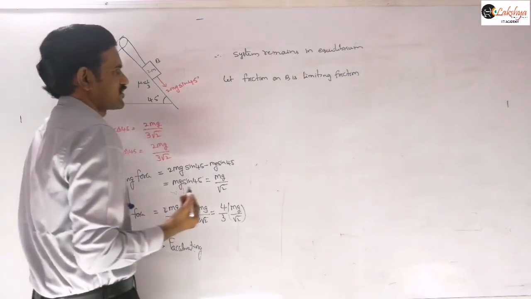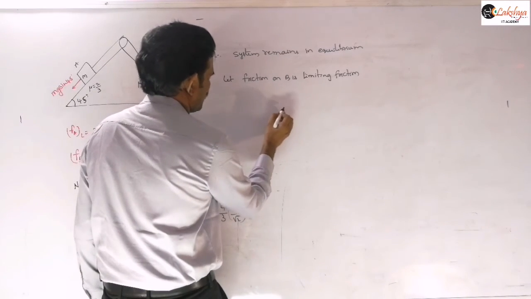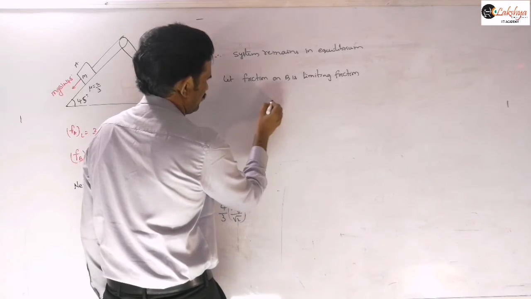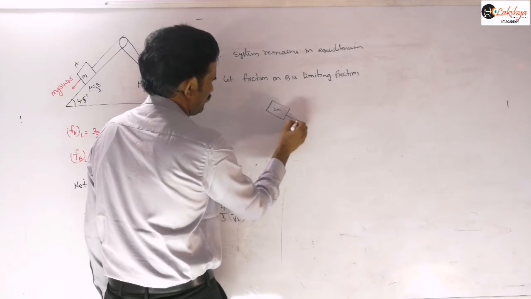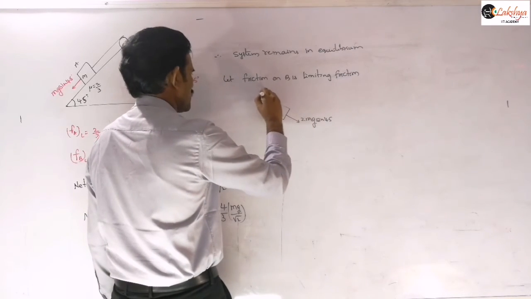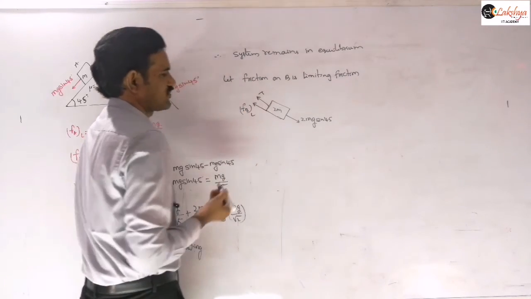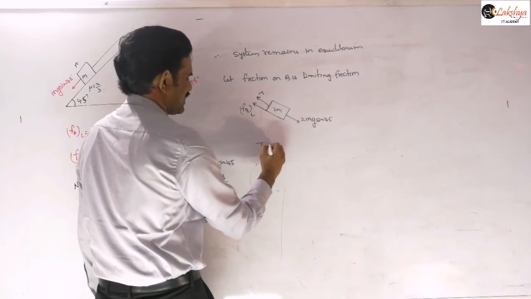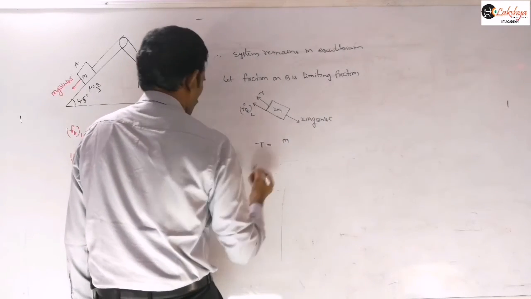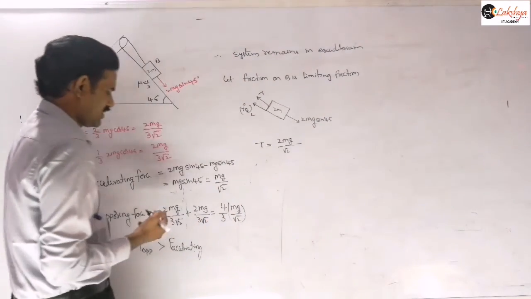Friction on B is limiting friction. So, friction on B is limiting friction means that we can do the calculations here. From this you need to calculate the tension. This is 2m, so 2mg sin 45, and this tension is T. Here we are taking F_B as limiting, so it remains at rest. Therefore T is equal to, directly I am writing here, 2mg by root 2 minus F_B limiting.